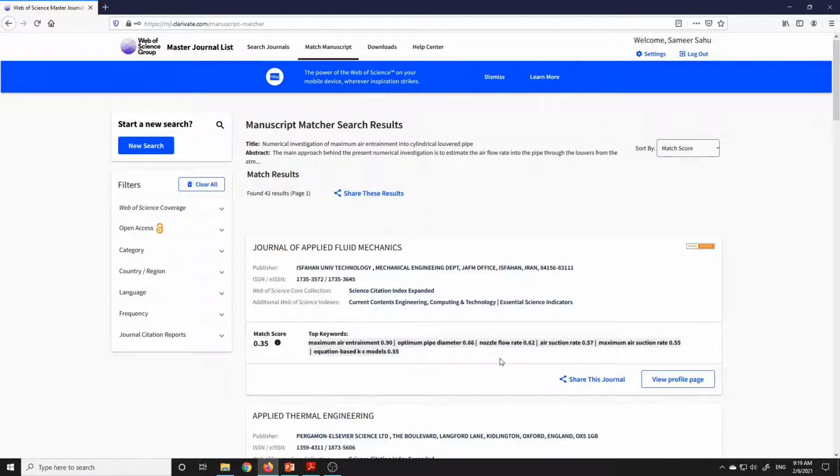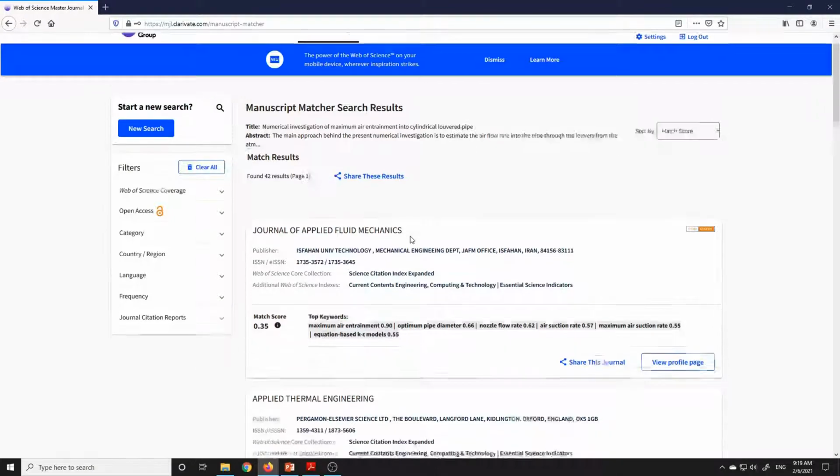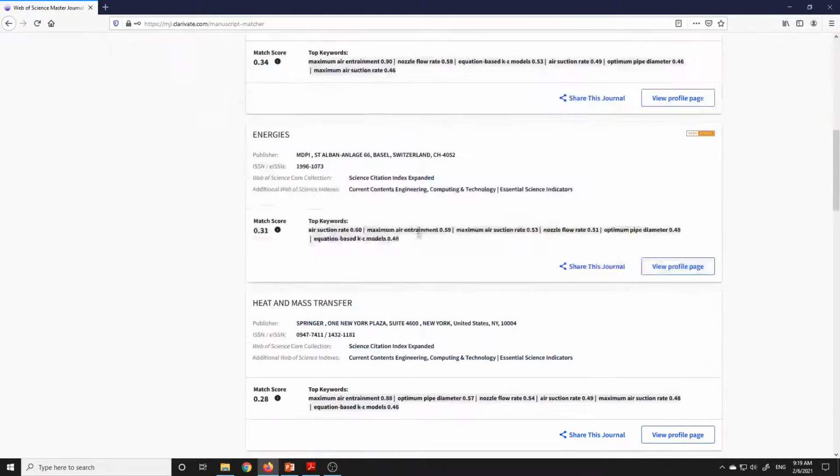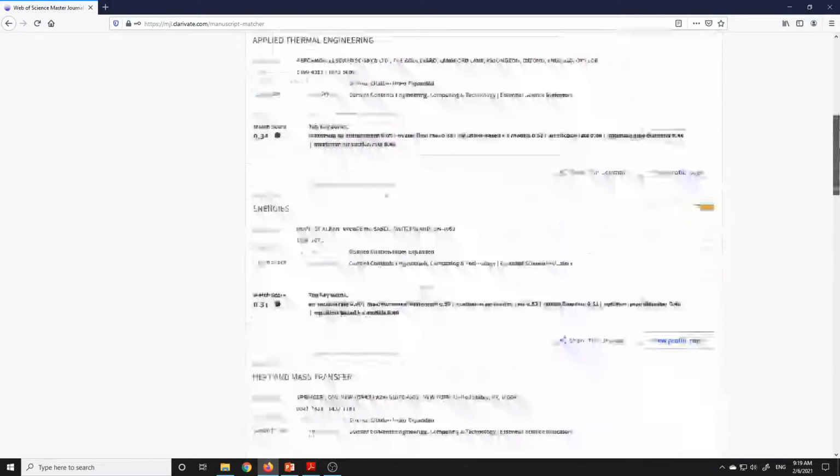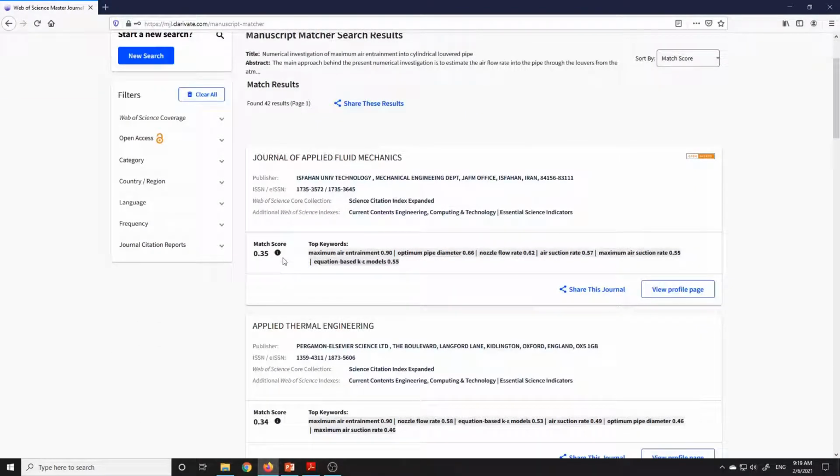Now see, as soon as I clicked on find journals, it has given me a list of around 42 journals, out of which the first one is the one with the maximum score.